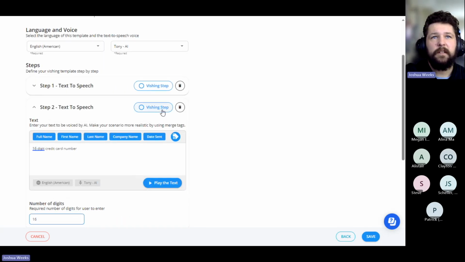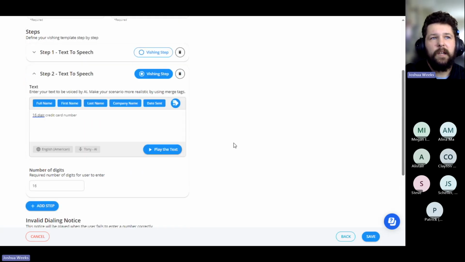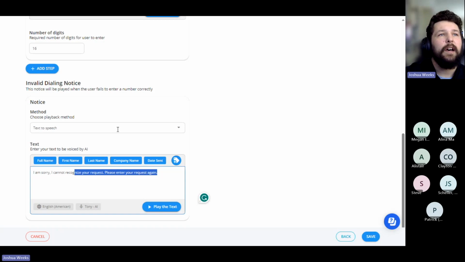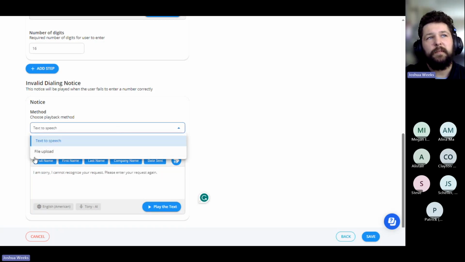And then since this is sensitive information, we'll highlight that as our Vish step. Now we can add up to 5 steps total per campaign. If the end user doesn't enter the correct number of digits, we can have this invalid dialing notice play as well, and this is all customizable as well with the same merge tags. And with that, we can also do an MP3 file upload if you wanted to narrate that as well.